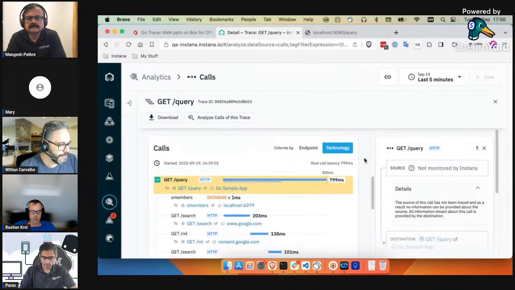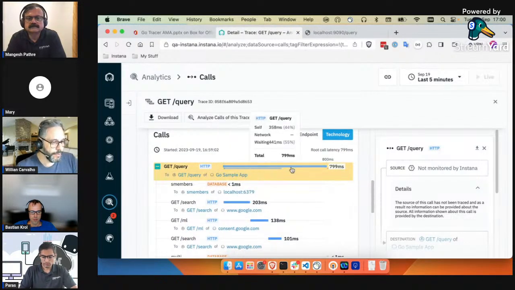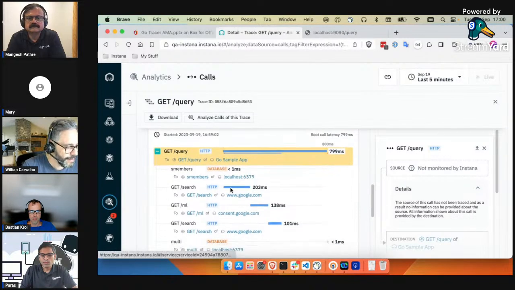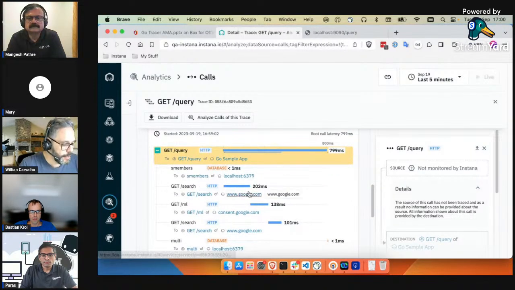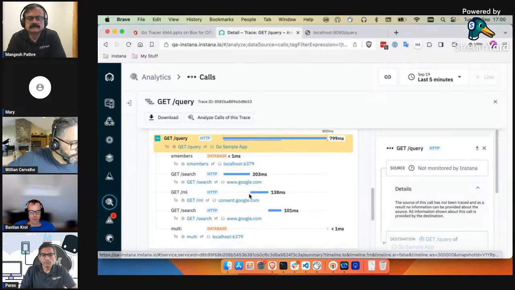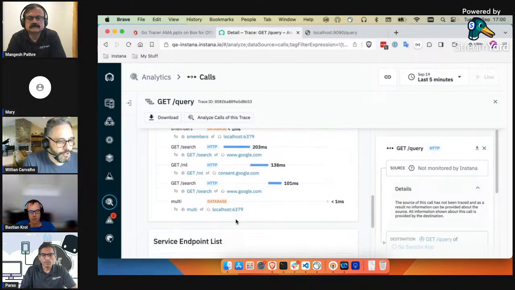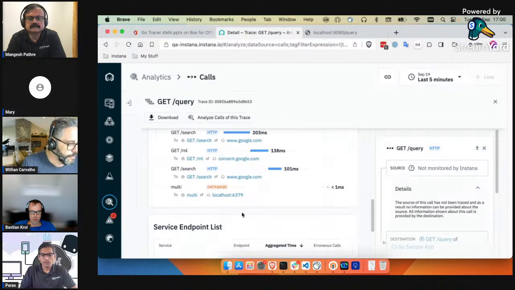Because now we can actually see this is the request I received, and then we try to find the data in the cache. So that's what the members call is about. Because it was not there, I went to Google, I did my client HTTP request, I got the data back, I saved this data into my cache, and then displayed the data back to customers, right?